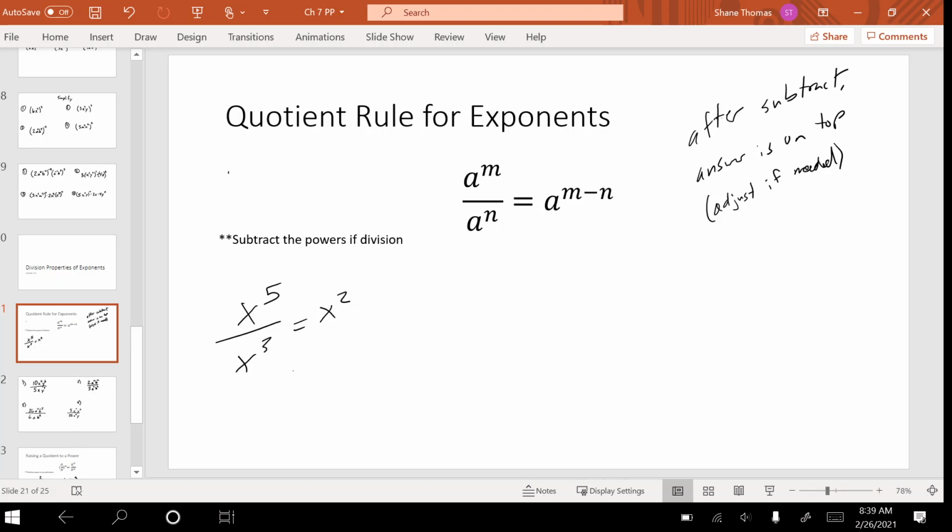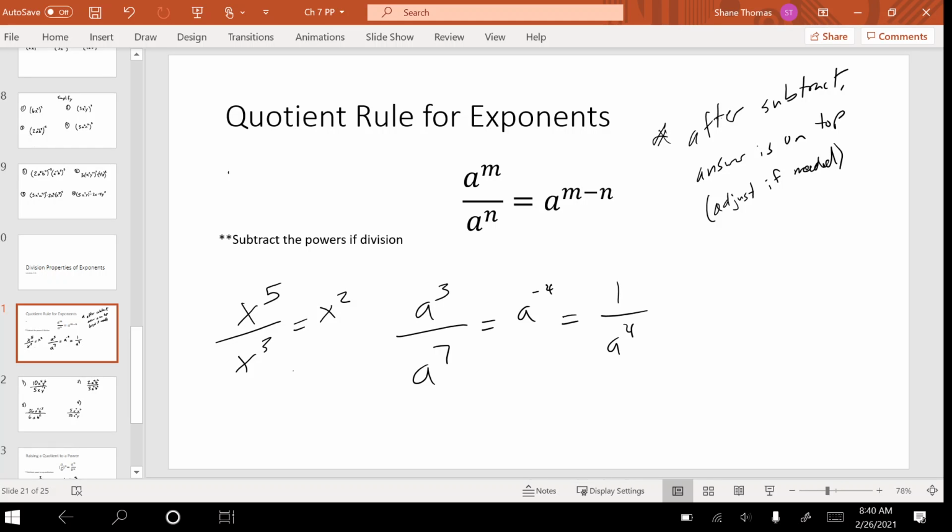Okay? Now, here's why I had to put this extra thing up here. When you get one like this, a to the third over a to the seventh, you subtract the bottom one from the top. Okay, so I'm going to have a to the what? Negative fourth. And then I'm going to have to go 1 over a to the fourth. If you can skip that intermediate step, that's fine. But I think just get in the habit of everything goes, the answer goes to the top,